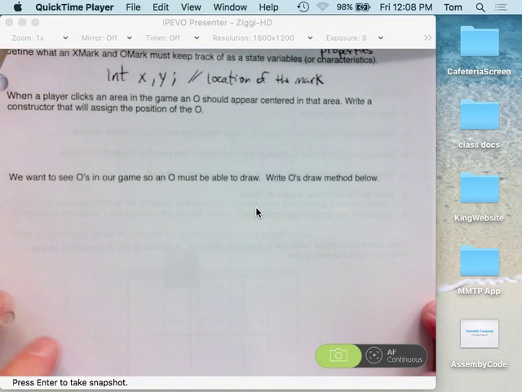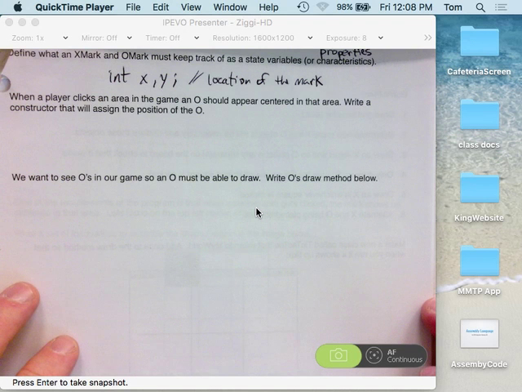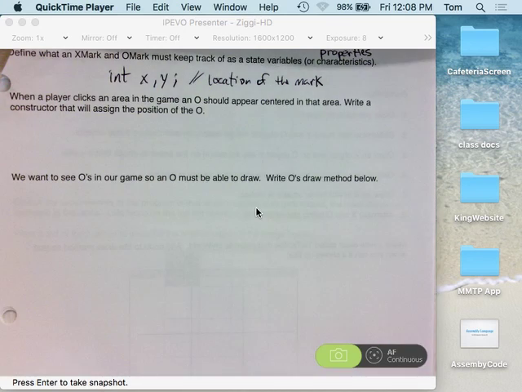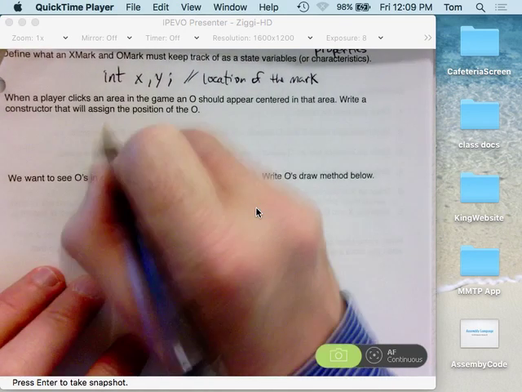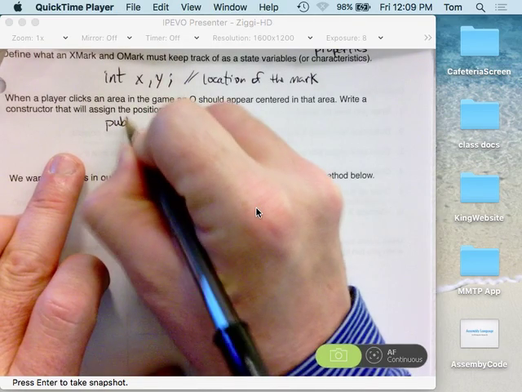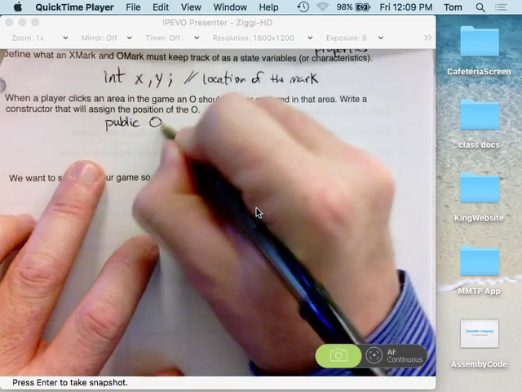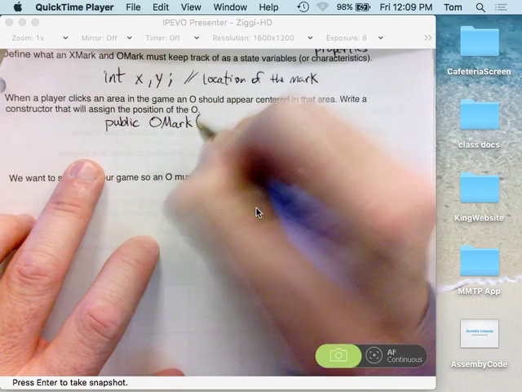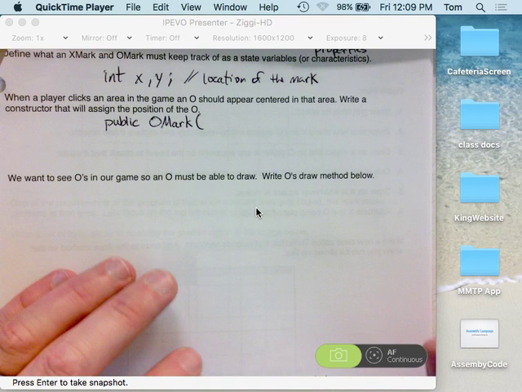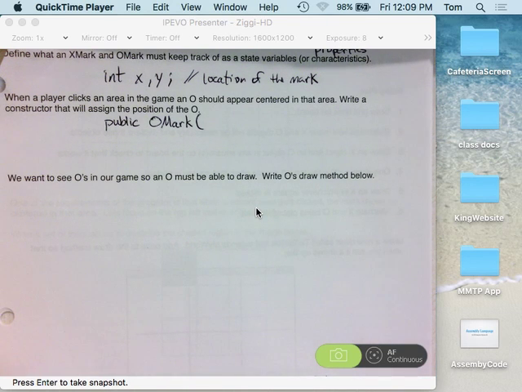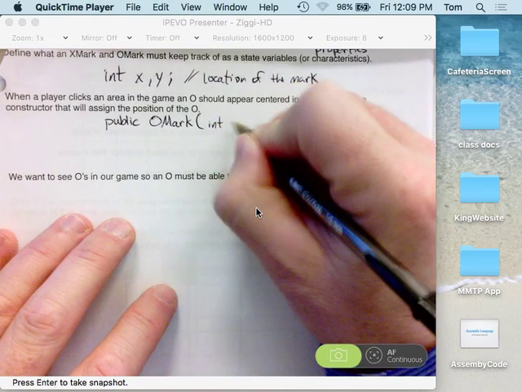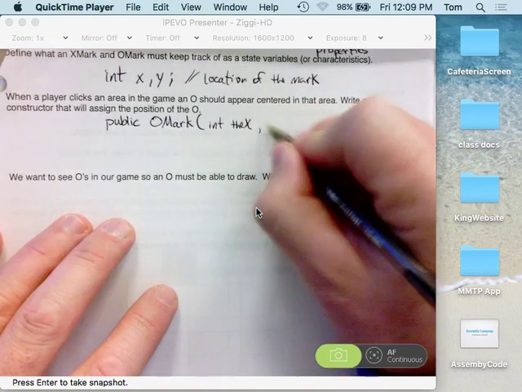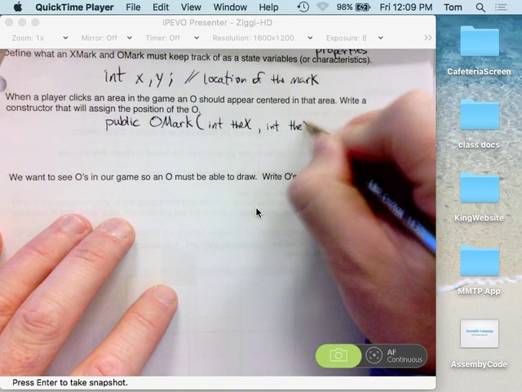When a player clicks an area in the game, an O should appear centered in that area. So we're going to write a constructor that will assign the position of the O. And this is kind of new for you guys, so we're going to go ahead and do this together. So remember that we're going to call this thing OMark. So the constructor will also be called OMark. All right, and so it's going to be public OMark. And then we have to define the parameter variables that the OMark needs in order to give X and Y their value. So those would be int the X, int the Y,